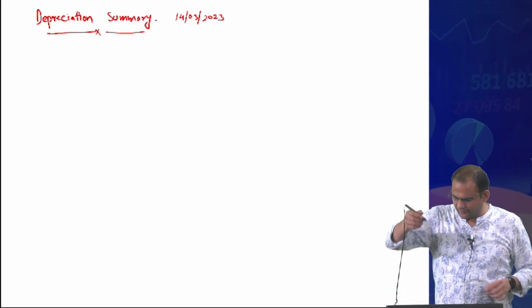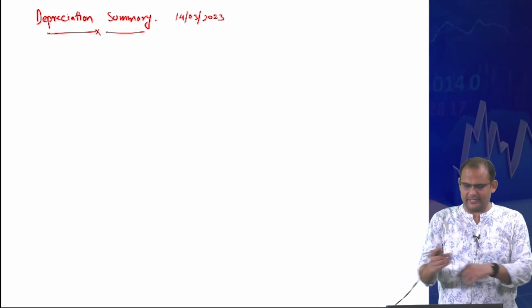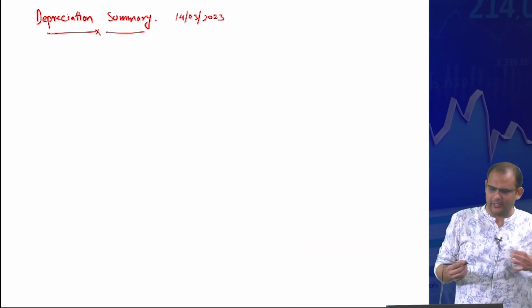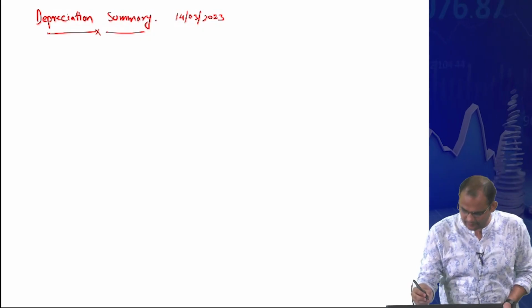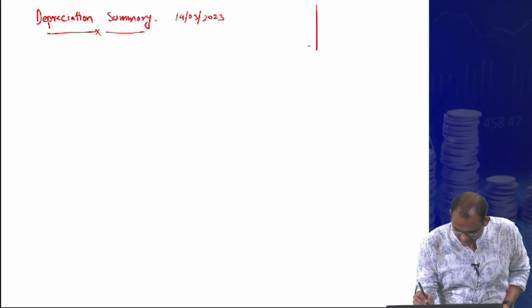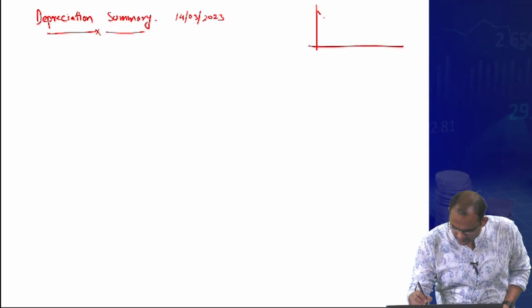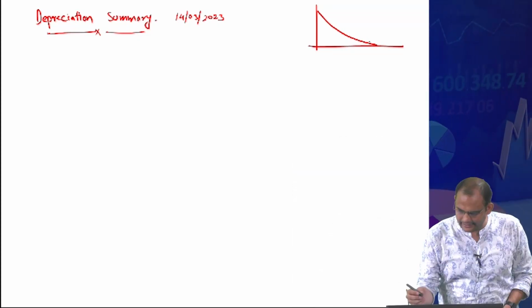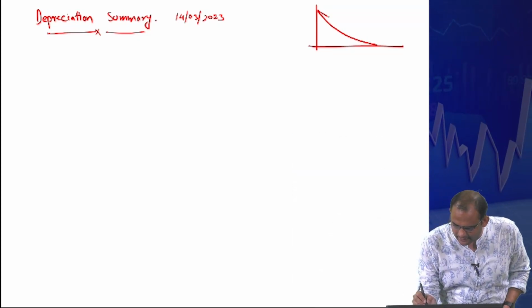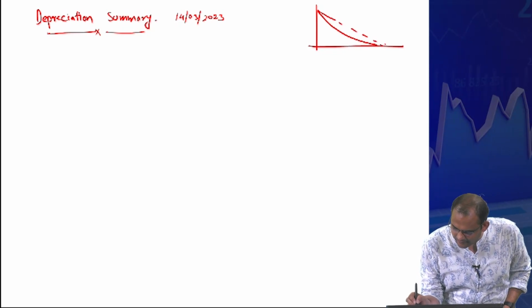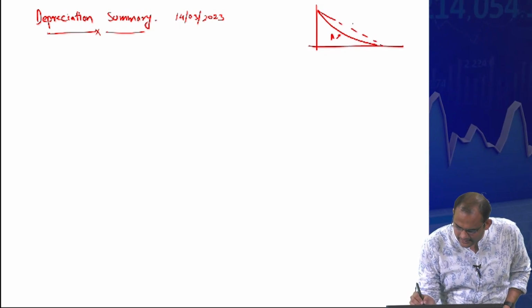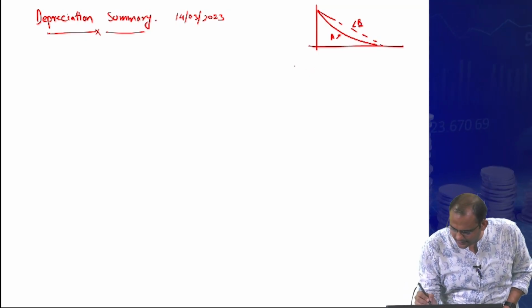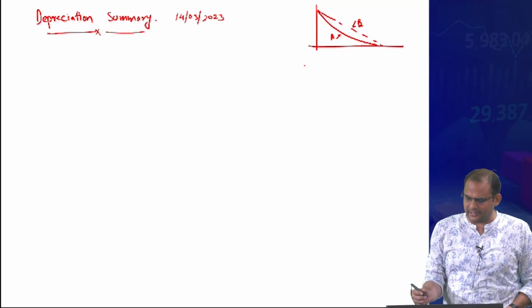So I'll just finish the topic that we started, depreciation. We have completed it, but let me give you a quick overview of what we are dealing with. Essentially we are talking about book values, and we say that method A is better than method B. And the reason I've been explaining to you is you can try to understand using a simple